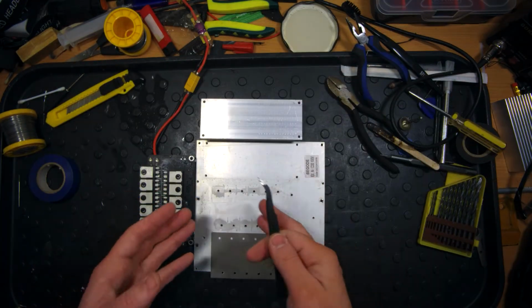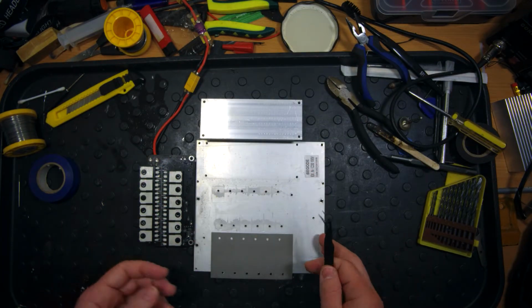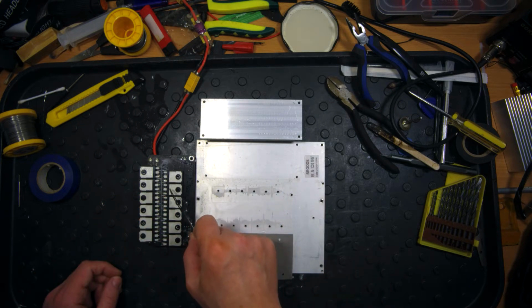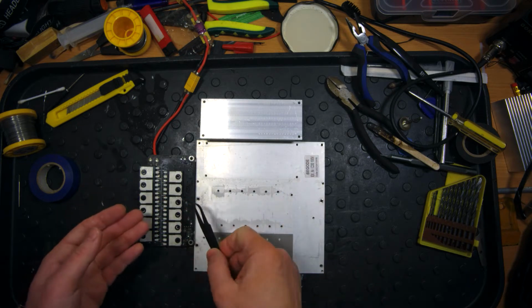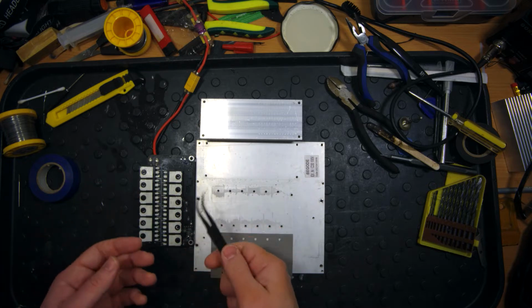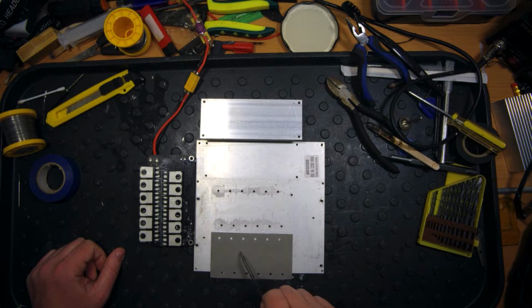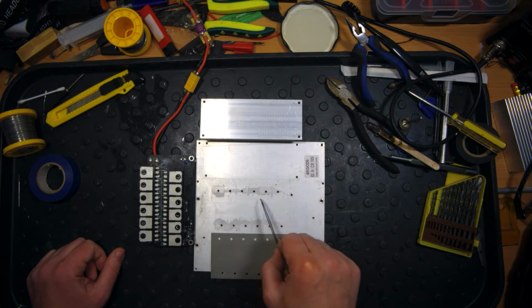As I have disassembled the whole cooling system of the main controller board, let's examine how it was done from the factory. So these MOSFETs, which produce a lot of heat when you are riding your wheel really hard and fast, were touching the main piece of aluminum by this thermal pad, and by these remains of the thermal paste here, we can make some judgment